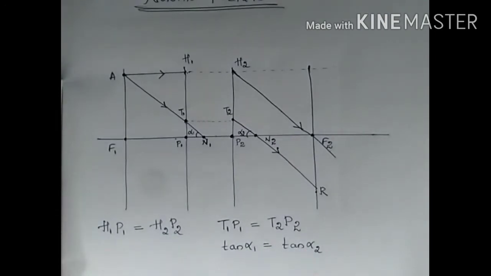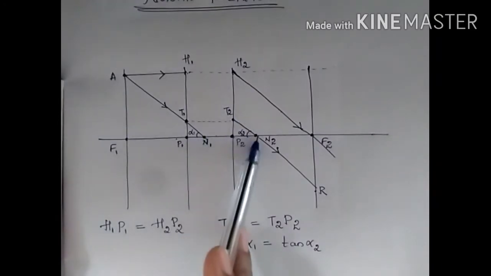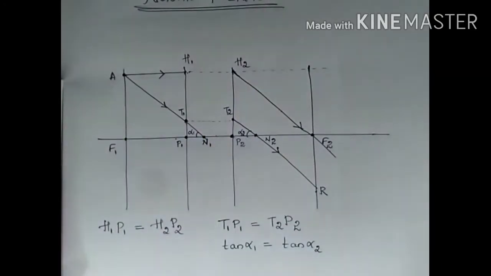So this means that a ray of light directed towards N1 makes an angle alpha 1, and towards N2 makes an angle alpha 2. Basically, in nodal points, when a ray of light is directed towards one of these points, after refraction through the optical system, these rays appear to proceed from the second point in a parallel direction. So that is shown in the figure which I have drawn here.